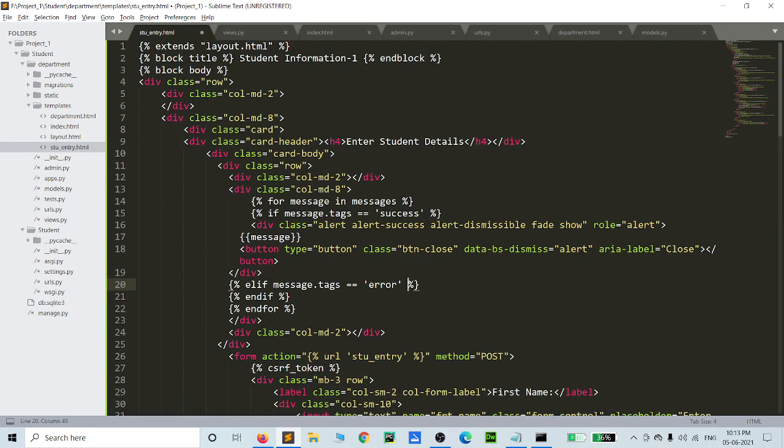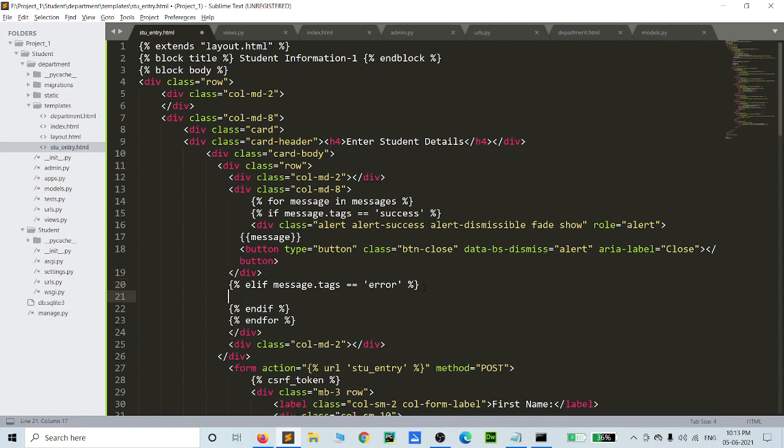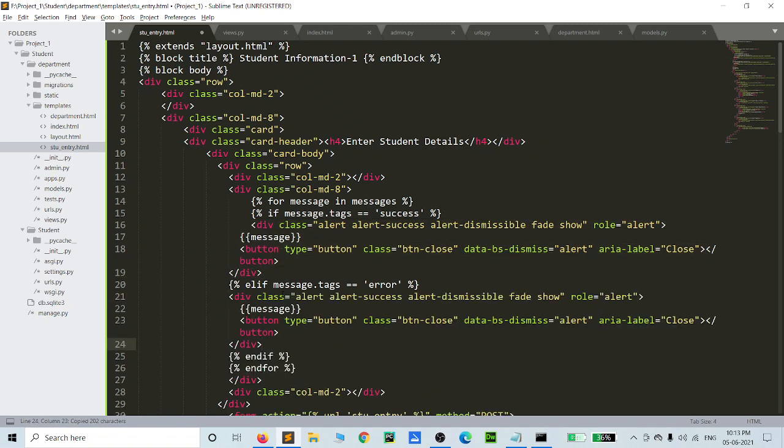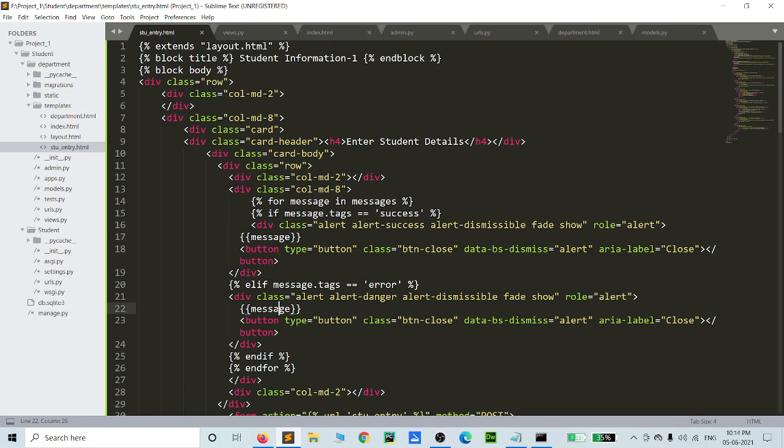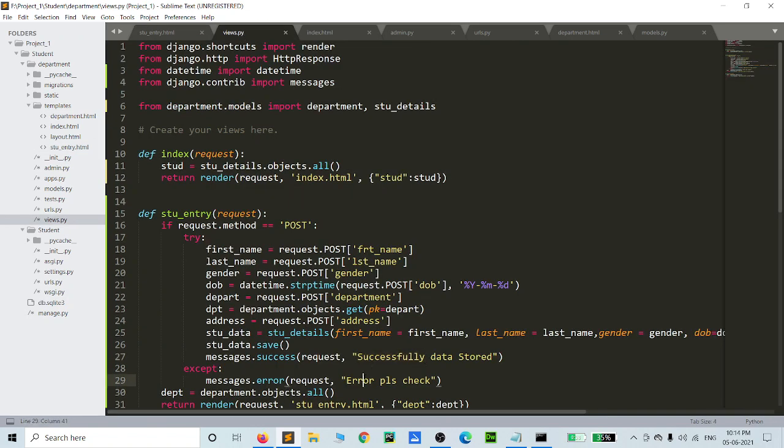If it is an error, the same tag will be copied and pasted here, but we change success. Instead of success, you can add the danger method. That's all. Suppose if tags is equal to success, the message will be referenced to data. What message? Successfully data stored. Otherwise, if we get the error message, error, please check.